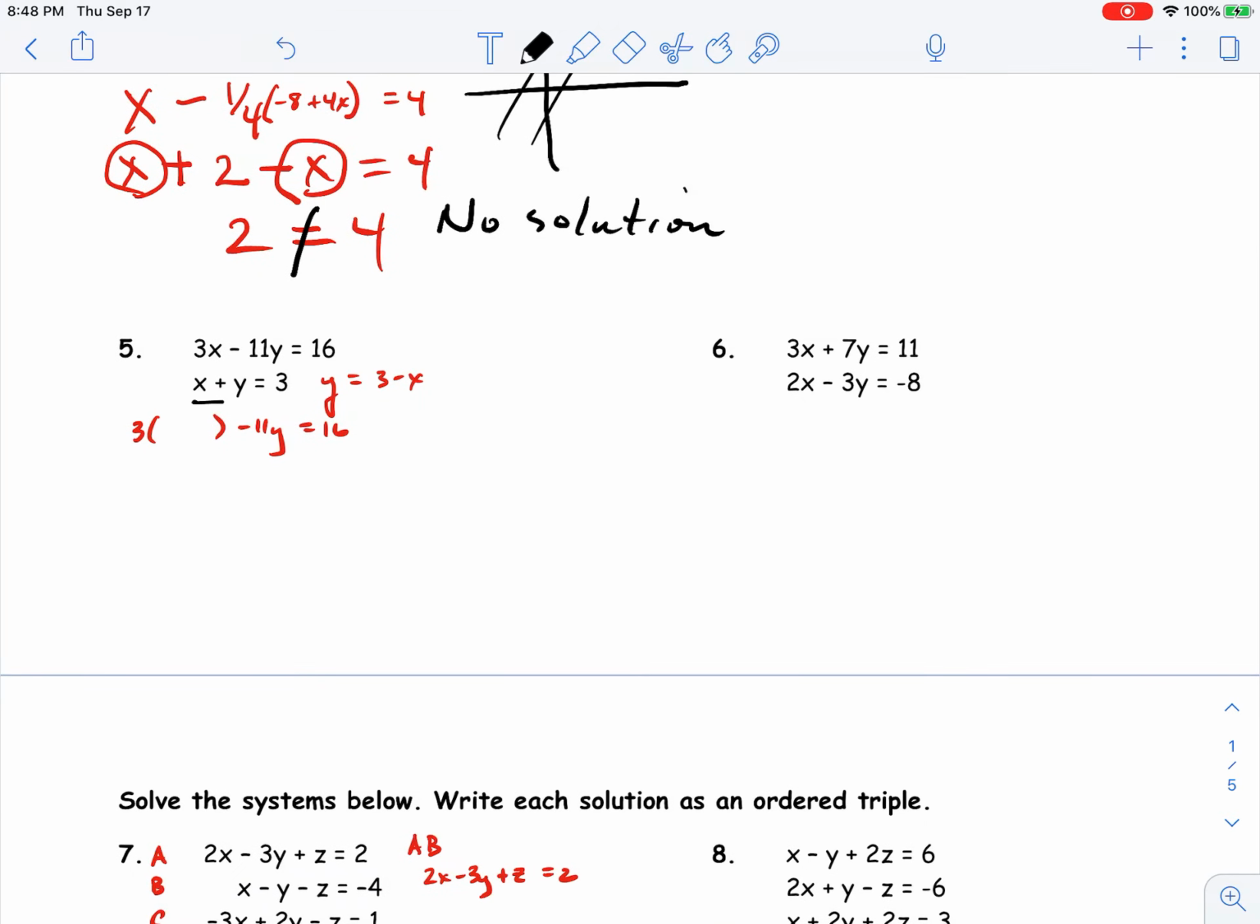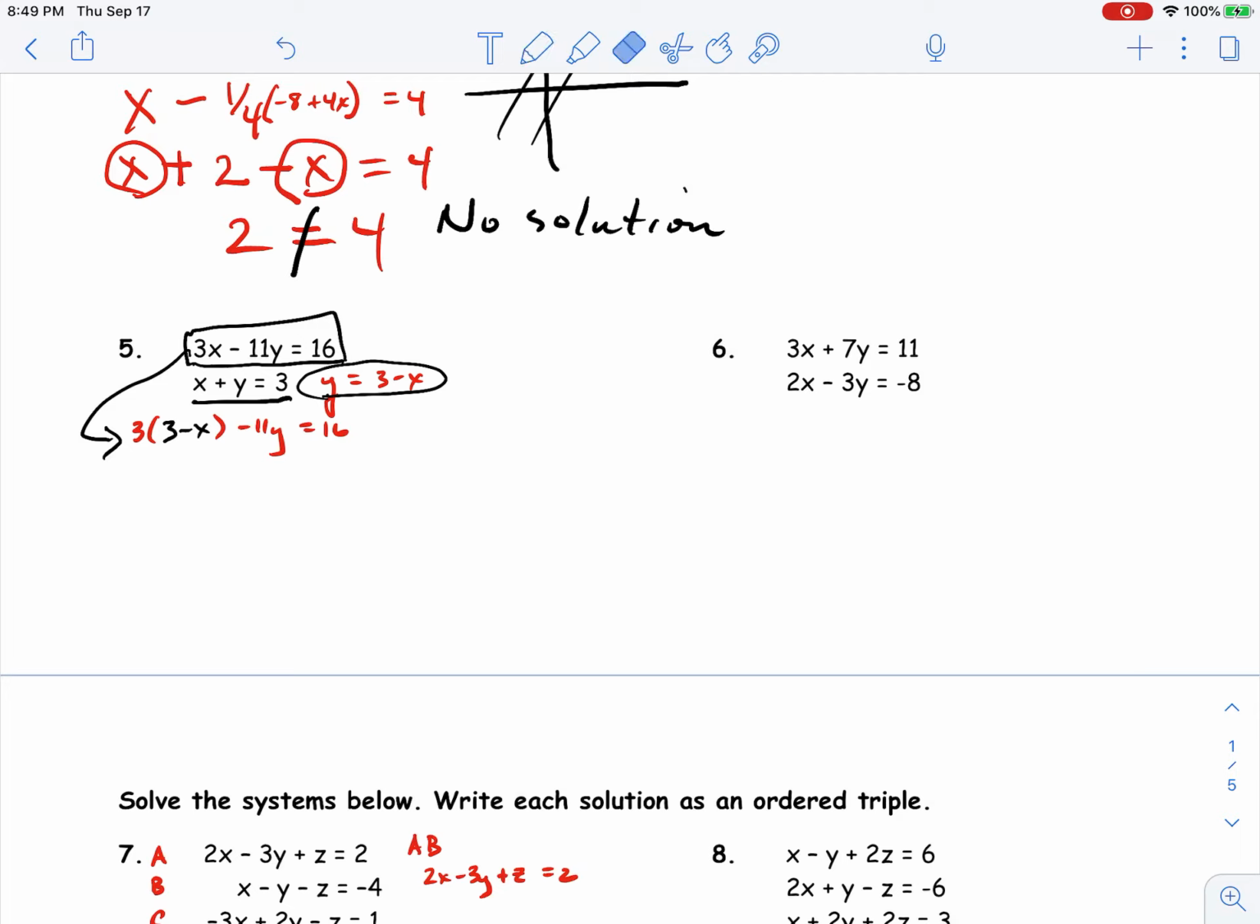Wanted to do one more like that. And so right here, all I did was subtract x from both sides, and I ended up with this equation right here, 3 minus x. And that's what I'm going to put in right there. So, which is the top equation, 3 times this quantity minus 11y equals 16. So all I did is took this equation, wrote it here, and where I saw an x,